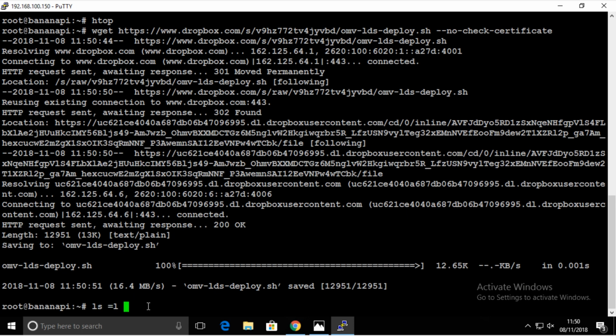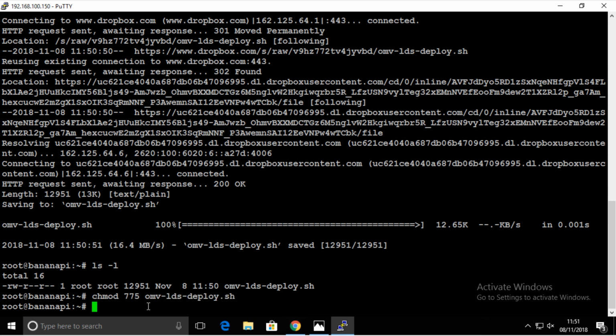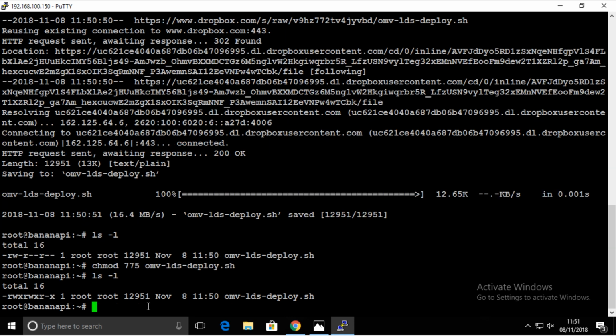So we're gonna take a look. The script is here, so we're going to change the proper permissions for it, just like that. Let's see if it changed. Yes, it's executable right now, and the simplest possible way to deploy the script, just like that,